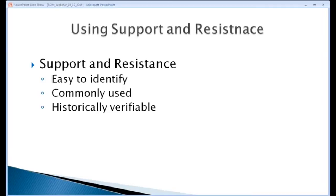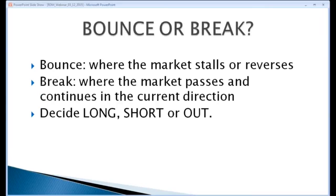So as with any barrier in the market, there's really going to be two main scenarios that you're going to look for. These are going to be the key decision points that you will need to recognize when you are deciding to take a trade or not. First is the potential that you could look for a bounce, and this is where the market stops or stalls for a period of time, maybe short or it may be long, and reverses and goes back in the opposite